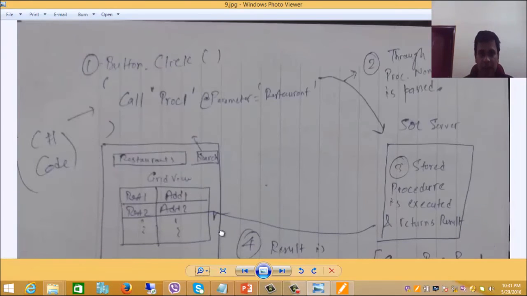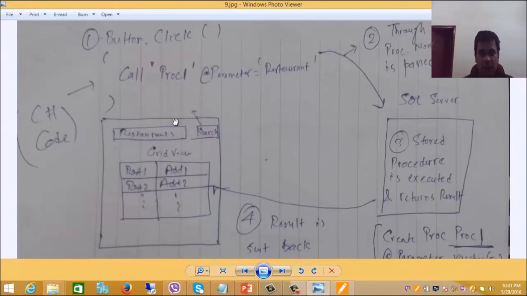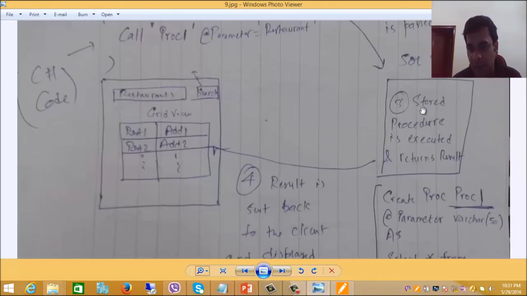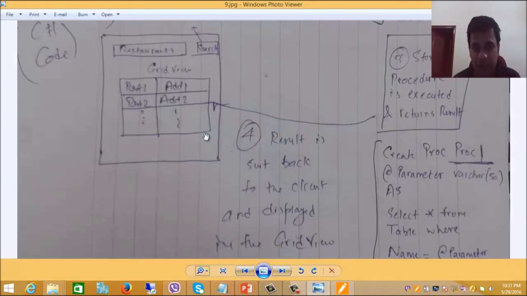So what will happen, in my website on the button click, I am just calling the name of the procedure. So this time I am not sending the complete command or the big code. I am just calling the stored procedure and passing the parameter as restaurant. So very less amount of data is passing through the network, and after that this stored procedure will be executed here and it will return the result, and that result will be displayed to the client in the grid view.